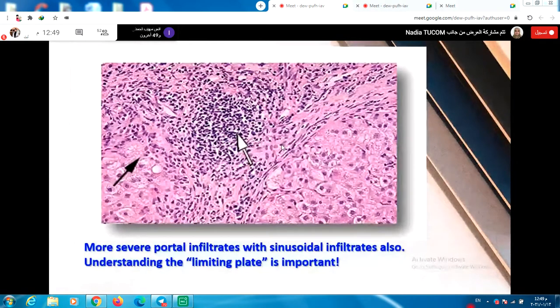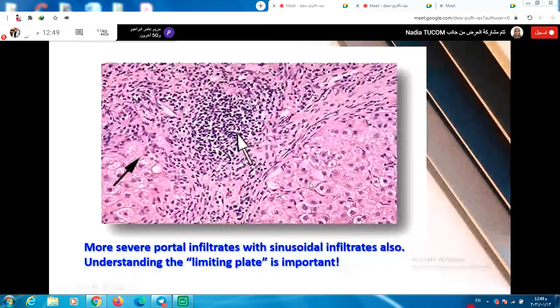This is a more severe infiltration pattern of hepatocellular inflammation and infiltration of the portal tract. This is the limiting plate. قبل شوي قلت لكم limiting plate. Delicate stromal fibers are separating the portal tract content from the adjacent hepatocellular lobule in zone 1. Then this is called the limiting plate, مثل السياج, مثل الحاجز, separating the portal tract content from the